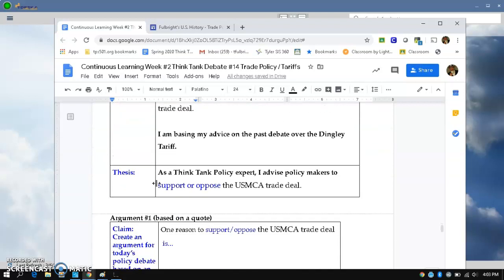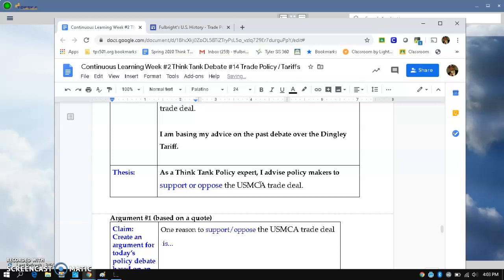Let's think through this real quick. The USMCA, if you remember from the very first start of the assignment, the idea is we're going to protect American workers. Do you think we should protect workers, or should